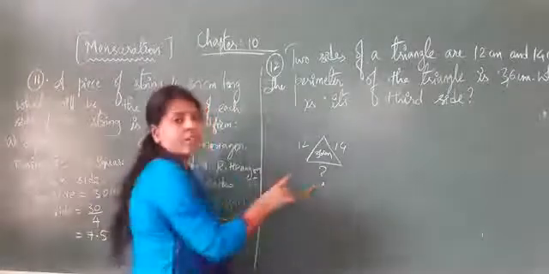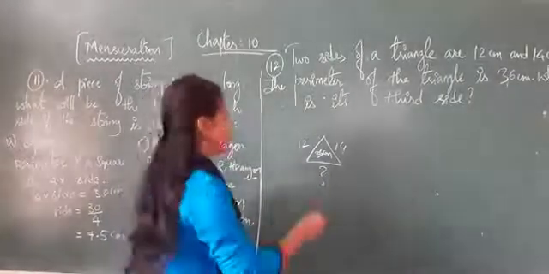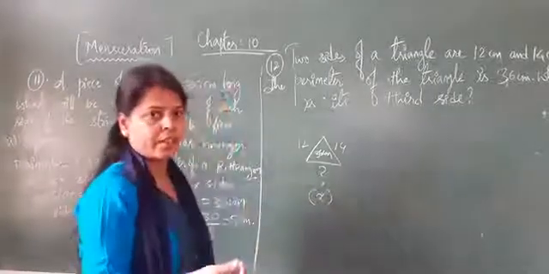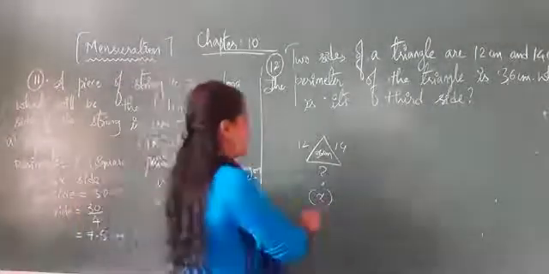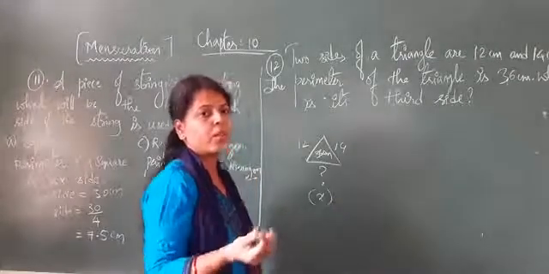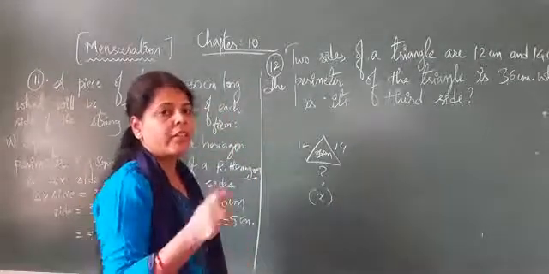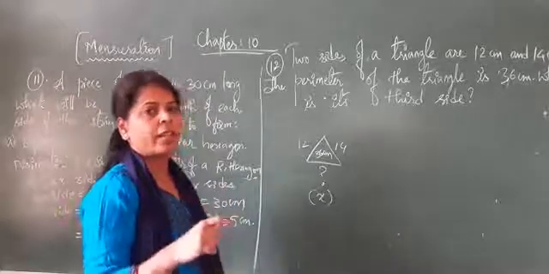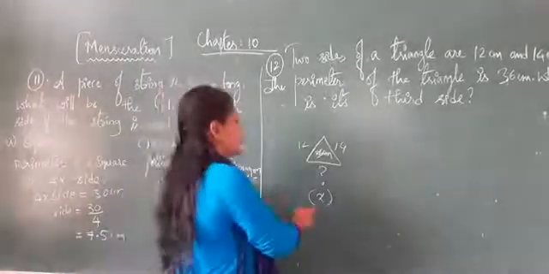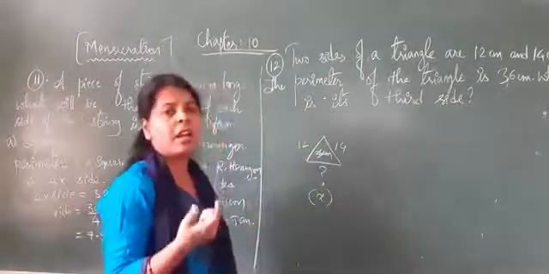So the third side is not given. So what we have to do is take the third side as x, because we don't know what the value is here. Okay, so we will consider it as x here, as we used to see in the previous chapters. When we don't know any value, what do we used to take? We will take it as x or n or m. Okay, the variable, how we will consider? Like that we have to consider the variable here. Variable means the alphabet.